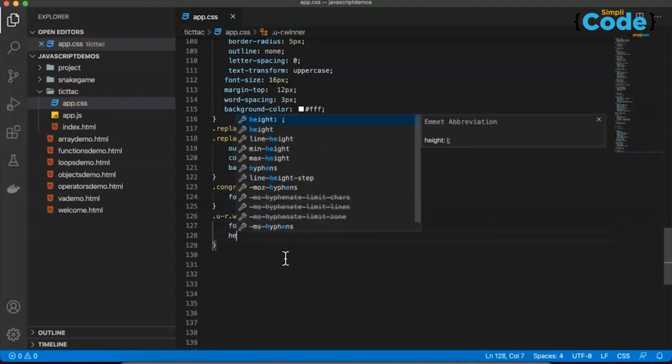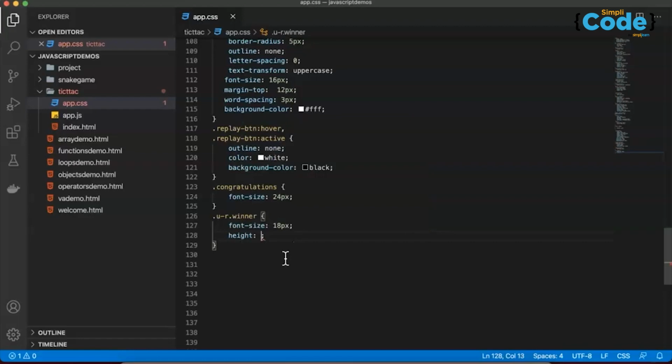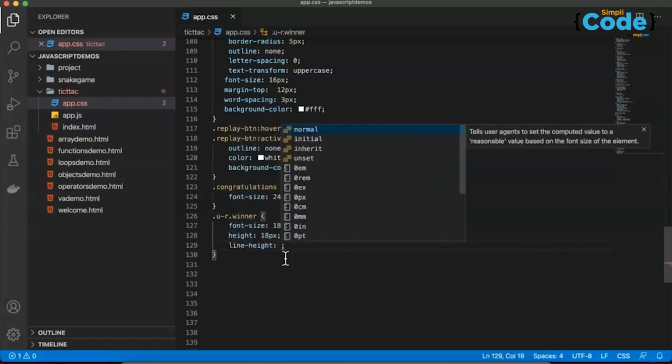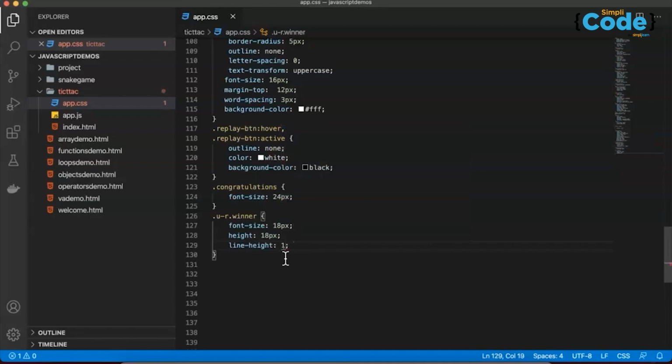After that, height: we are taking 18 pixels again. Then line-height: we are taking 18 pixels, and then margin: 2 pixels, and then 0. Okay, that's it. So last but not least, we would like to use this dot